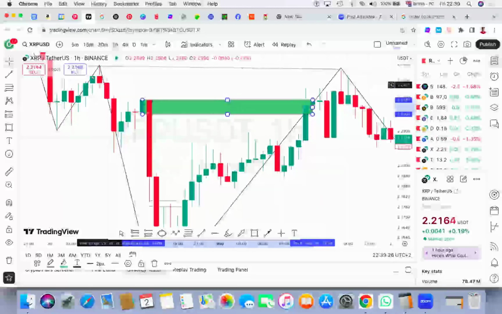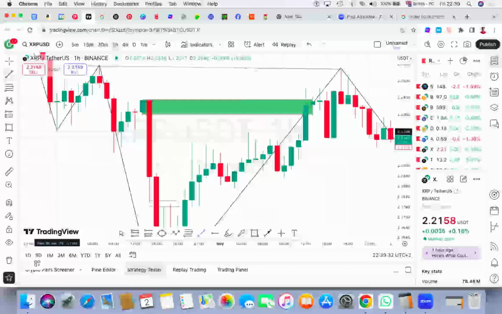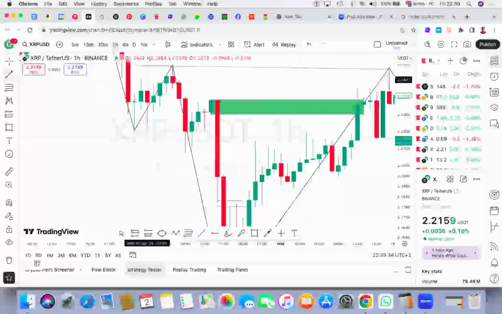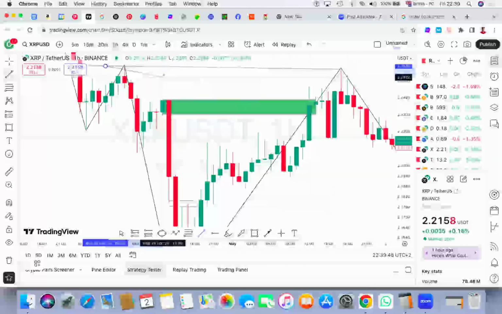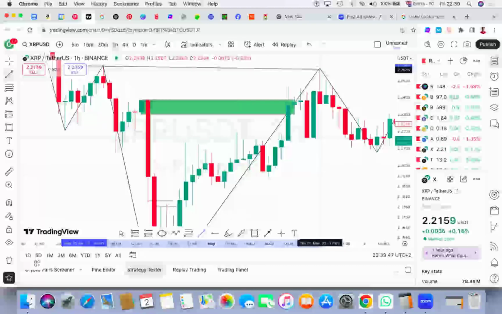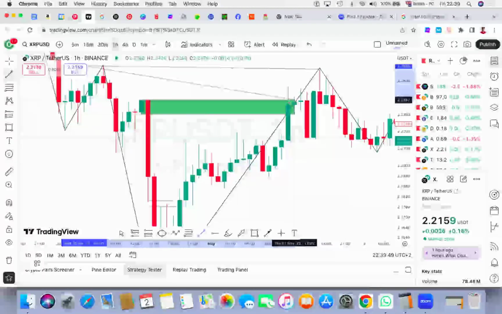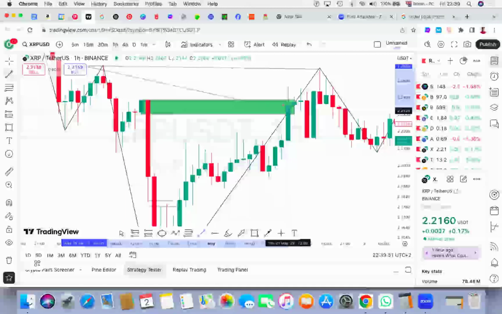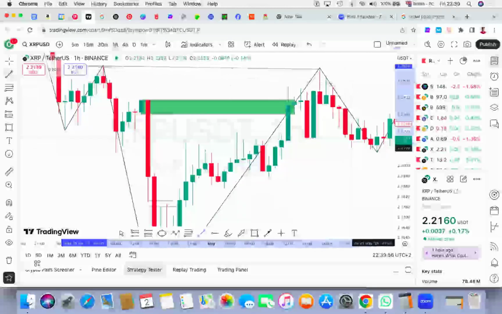And this also is another block because there's a structure here. Look, let me show you. There's a structure that broke around here. There's another block here, and the last buy candle was this one, and there's another block here. This is actually mitigated now. We can see the market later came here, right? It broke this order, didn't resist. It came for this other block here, and then the market pushed down.